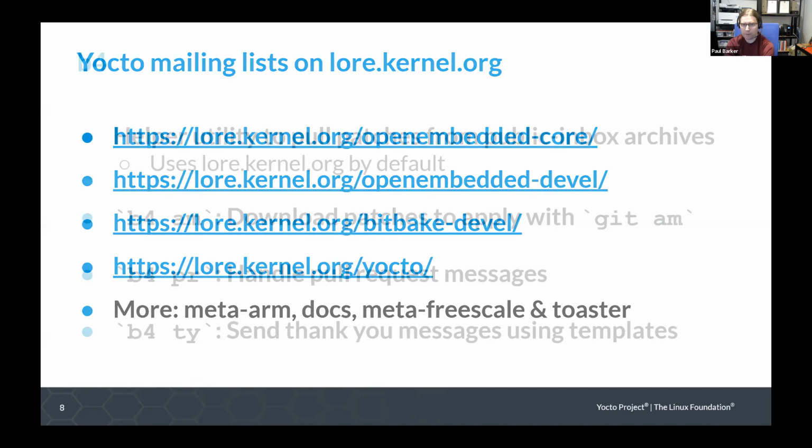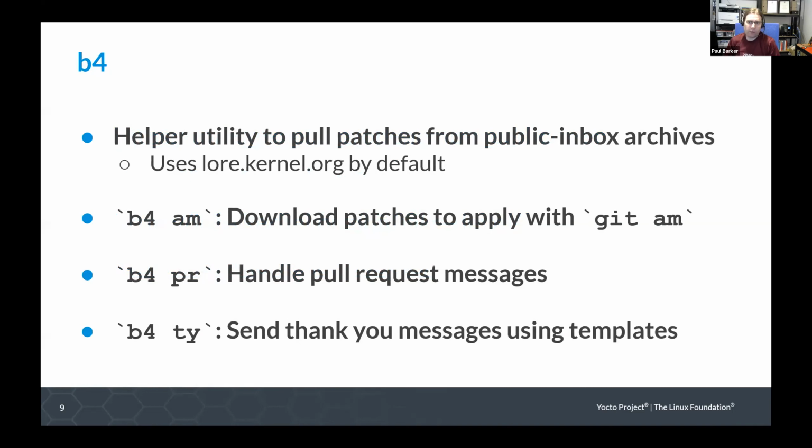And this means we can use tools that are designed to work with these archives on a public inbox mailing list server and its ability to index things by message ID that these tools rely on. And one of these tools is b4. The lore and b4 and Vega and some other things you'll see in the kernel.org community are all Star Trek references. But b4 is a tool for downloading and applying patches.